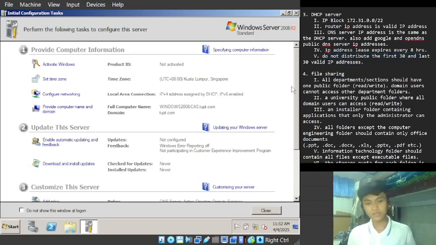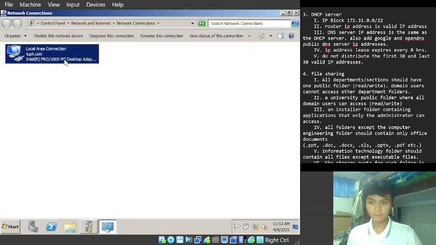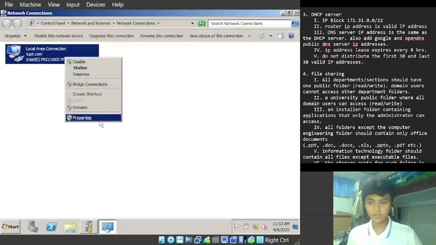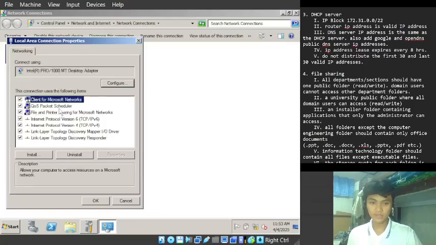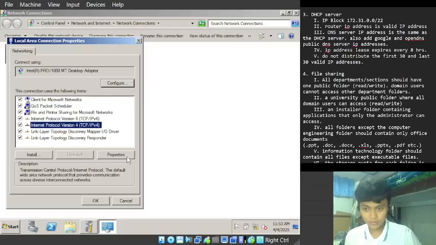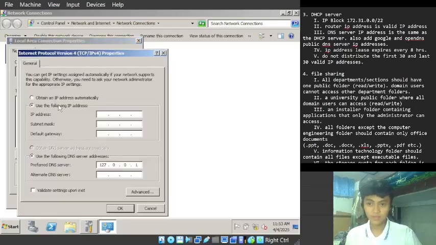Let's start our DHCP server configuration. In your initial configuration tasks, go to configure networking. Then right-click your local area network, go to properties, then find your IPv4 properties. So use the following IP address. I will be using